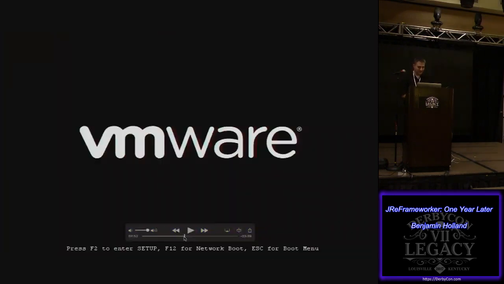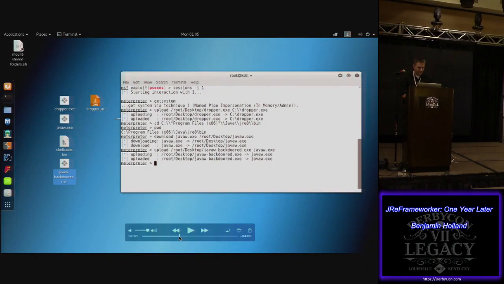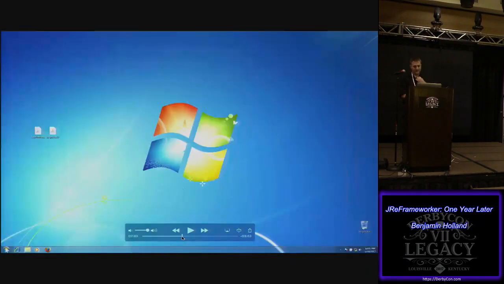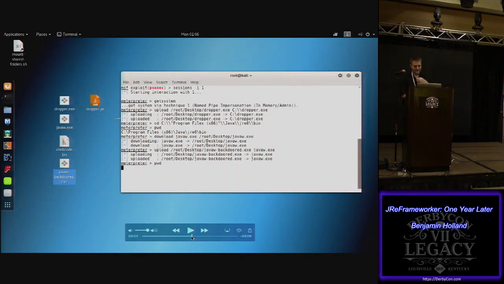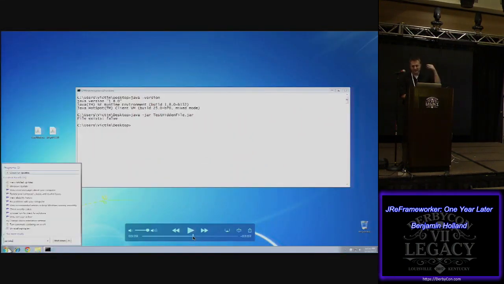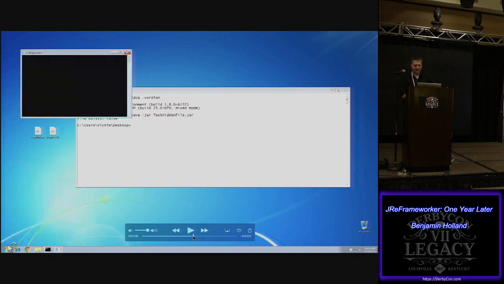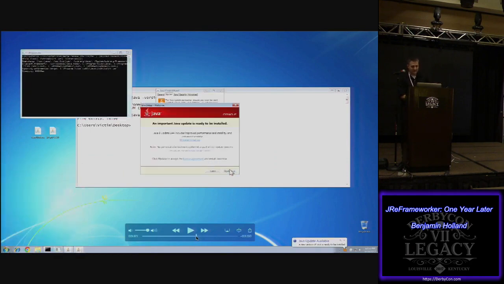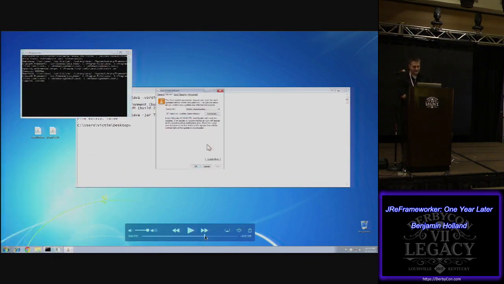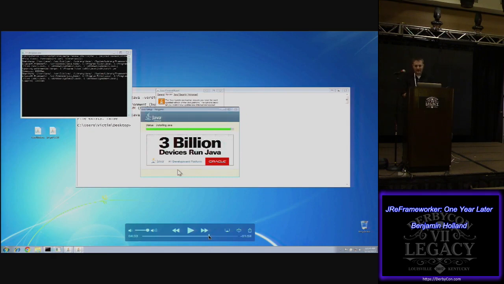So let's see. Okay, so I went ahead and uploaded the backdoored version of the update client. Just restarted here to show we've lost our session. It's okay. We'll take care of this in the future. So we go ahead and run the update client. We install this. Java says, hey, we've got 3 billion devices, which is kind of fun. Most of that is actually for SIM cards, because SIM cards run tiny little Java programs, which is something I'd like to dig into in the future. But anyway, we run our